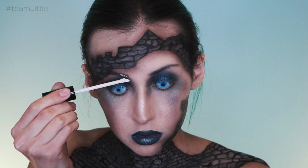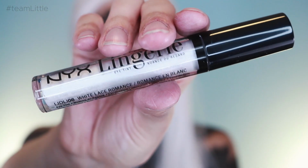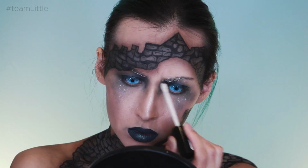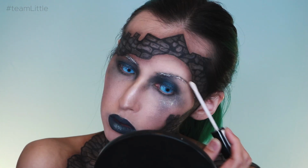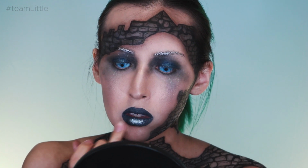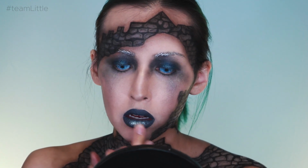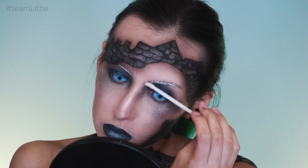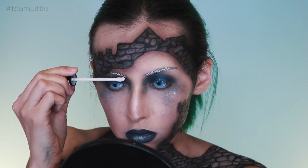For the brows, I'm using the Lid Lingerie in shade White Lace Romance, and I'm applying that to the brows and brushing through them backwards as well to give them kind of a wild, icy look. I decided to apply this to the center of the bottom lip as well, again using my finger to blend and then topping it off with that diamond pigment. Now that the first layer is dry, I added a bit more to the brows to build up the product,